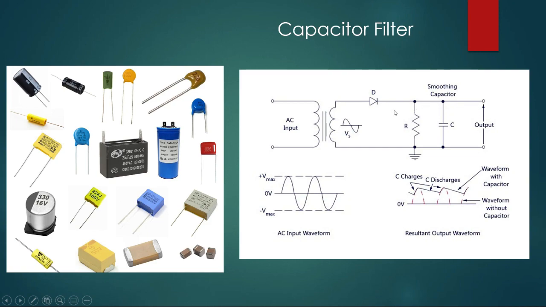Let us take it in another way. After the diode, we get half waves at this particular point. There is a resistor, then it reaches this particular second point. At this junction, one way is going to the capacitor and another way is going to the output. So what will the capacitor do?